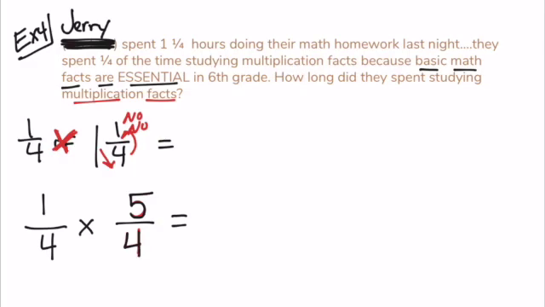Okay, now we can multiply straight across. 1 times 5 is 5. 4 times 4 is 16. Can we simplify 5 over 16? Is there something we can divide both these by? Nope, it's already simplified. So our answer is 5/16, but it's a word problem, so it needs a word with it. How long did they spend studying multiplication facts? Well, we're talking hours, so 5/16